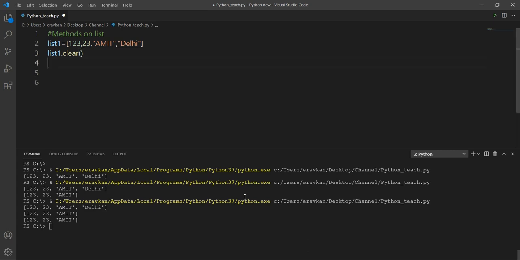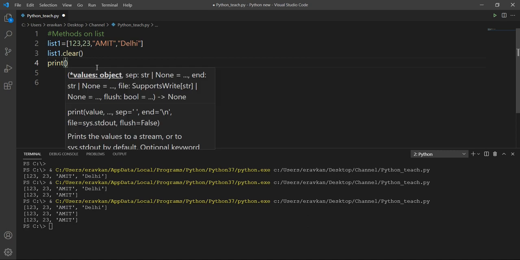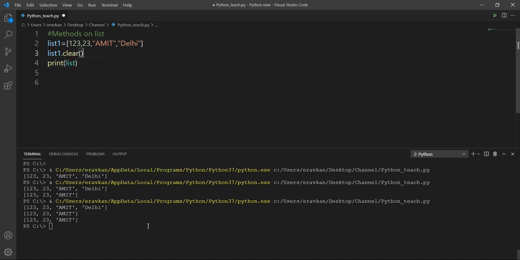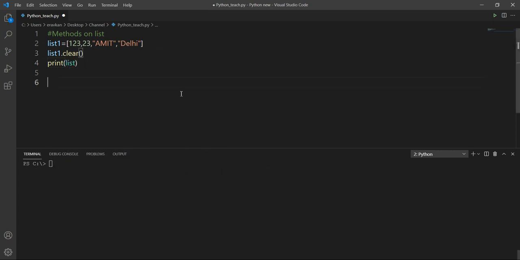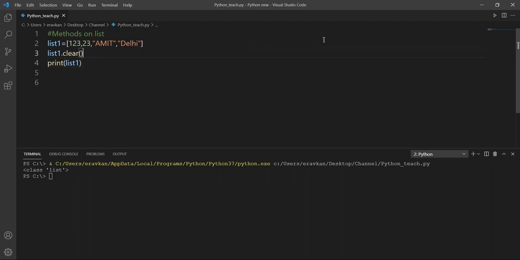Suppose you want to clear your whole list. By using the clear method, your list will be completely empty. In this way, you can reset your list to an empty value. So now my list is empty. Clear method we have seen.